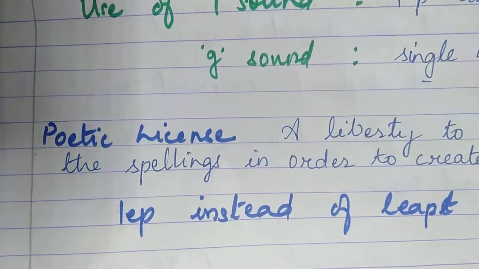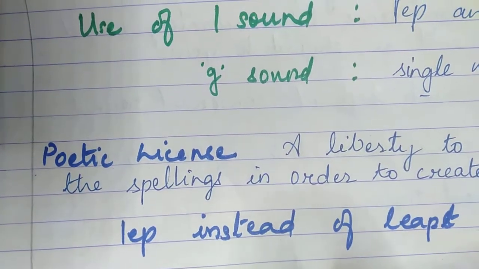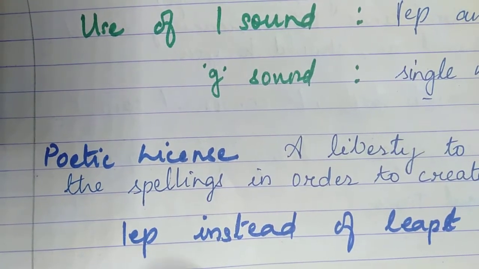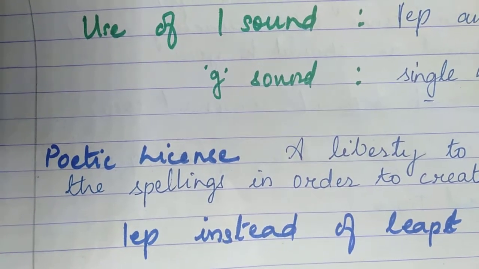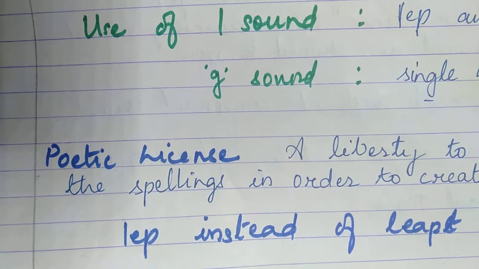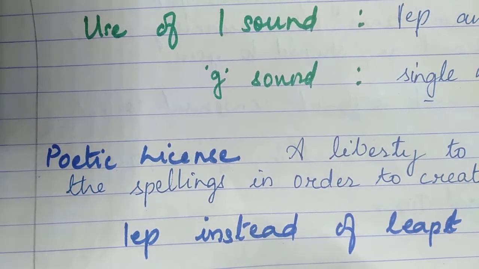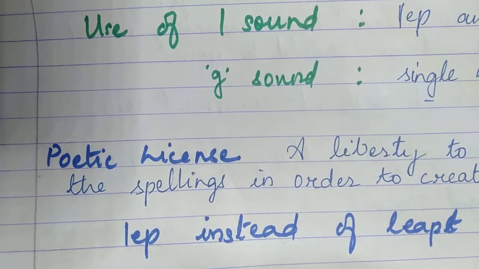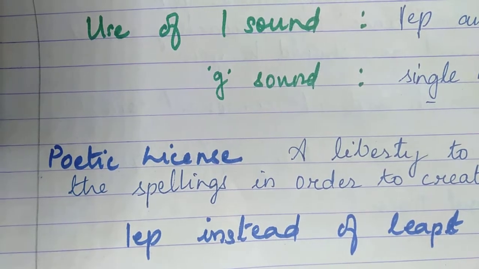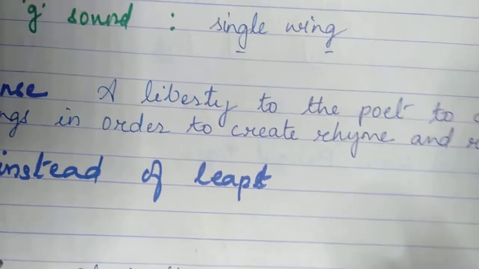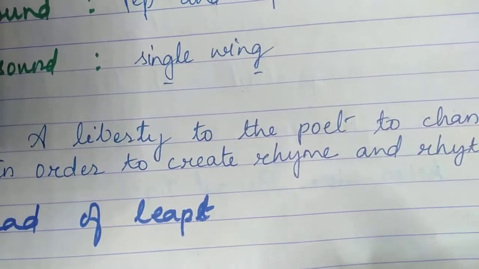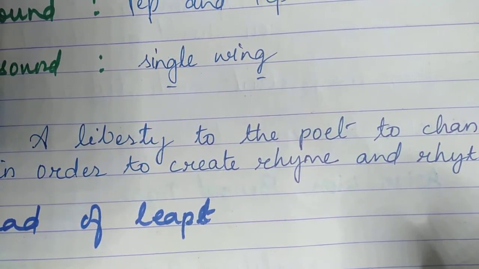Another very fantastic poetic device used by the poet is poetic license. A very interesting, you can say, poetic device. So poetic license is when the poet takes liberty to alter the spellings in order to create some rhyme or rhythm in the poem. That is when he changes the spelling of certain words so there is some rhyme or rhythm in the poem. Then it is known as